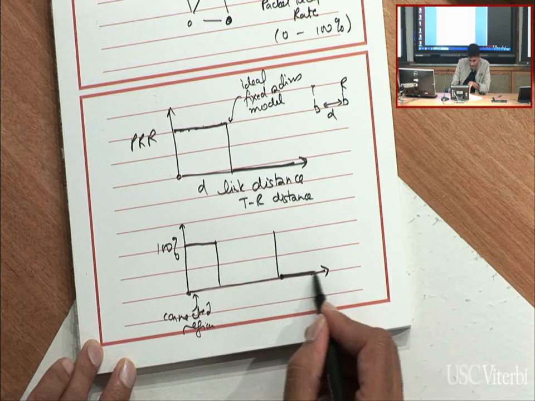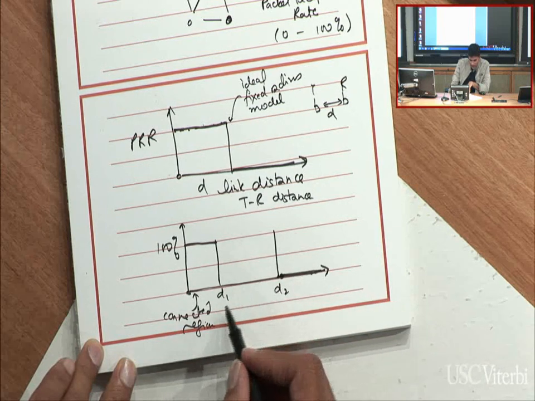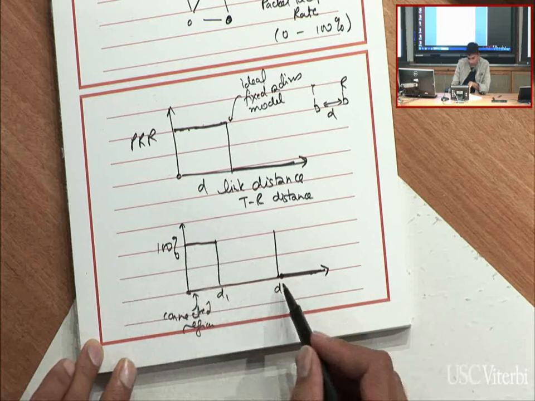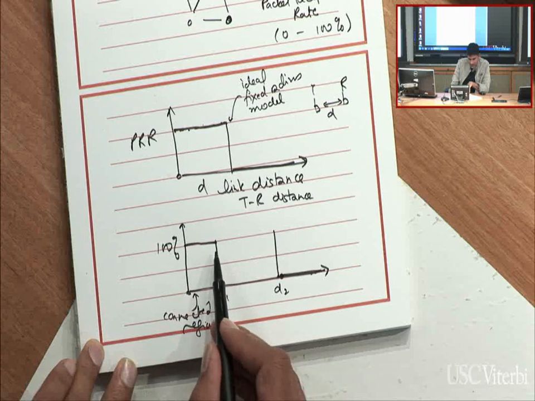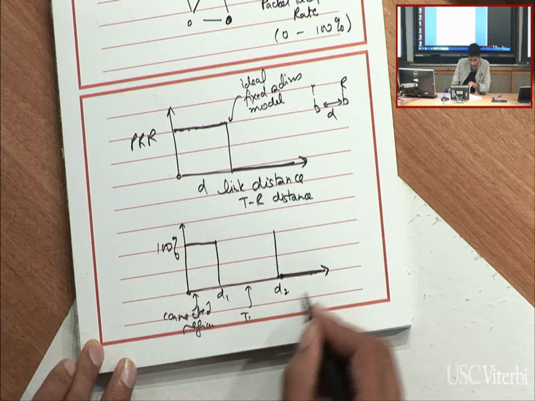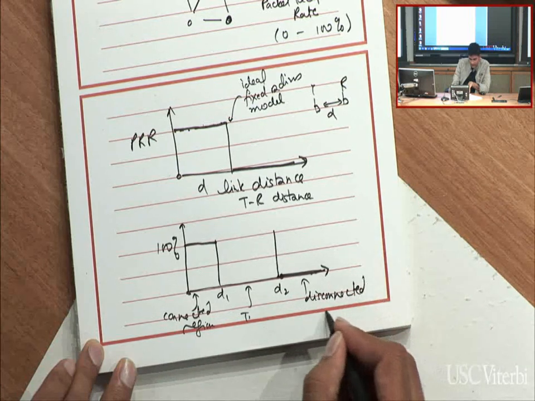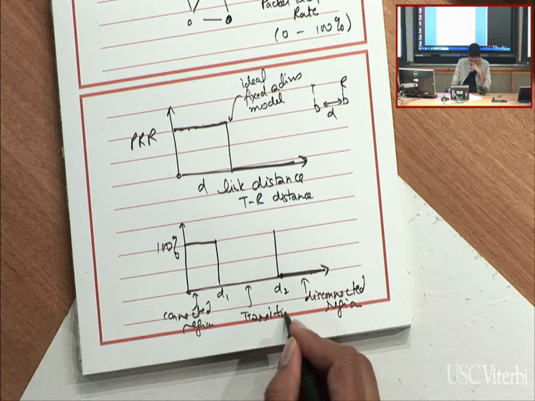And there is indeed a distance after which it's 0, the disconnected region. But there is a significant distance between the point where the link was perfect and the point after which you virtually don't see any packets, and there really is a region in between, called the transitional region,